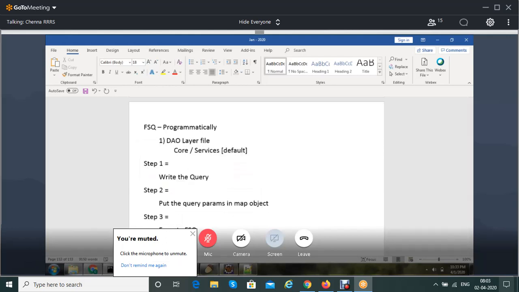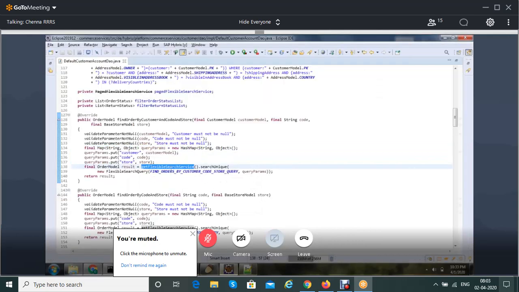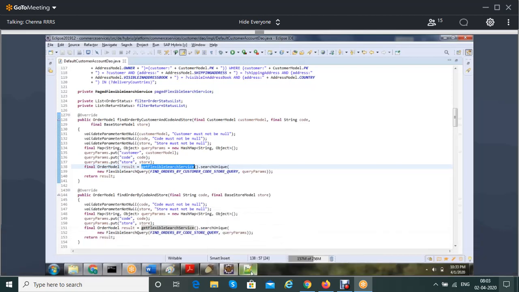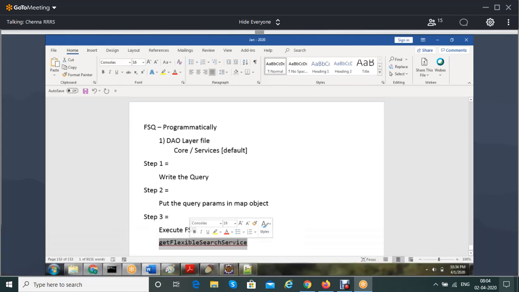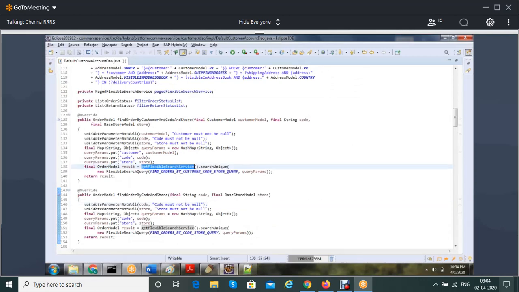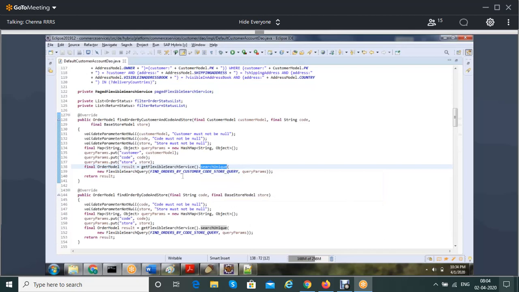For executing the flexible search query, you need to use the flexible search service. This is the service provided by Hybris. You can call search, and for this you need to pass two things: your query and your query parameter map object.